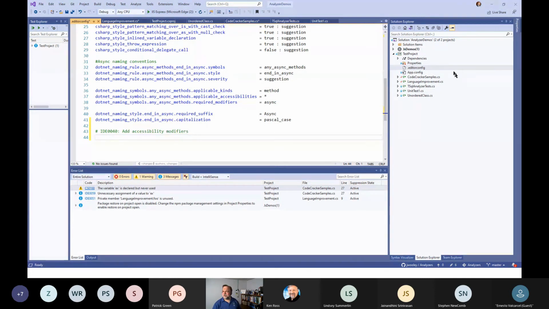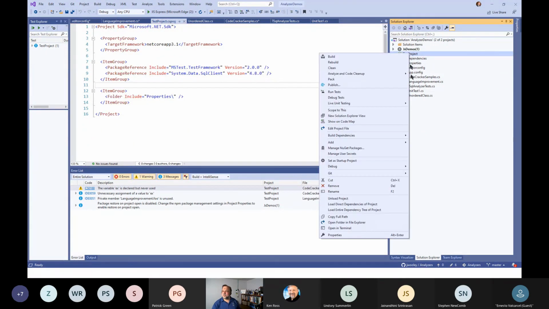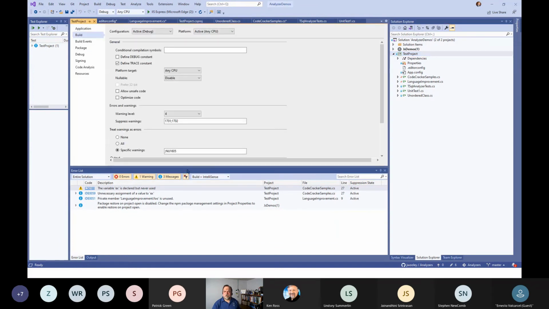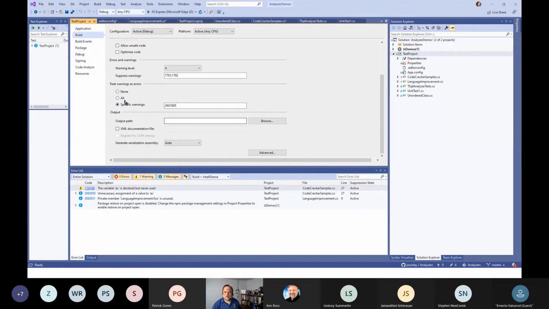One other thing that I will point out is if your developers are ignoring your warnings, you can, in your project, go into your project properties, and under the build, there is a nice little feature in here that says treat warnings as errors. And if you say all there, that's going to force that anything that was previously a warning now becomes an error, and your code will no longer compile until you fix all of the errors,